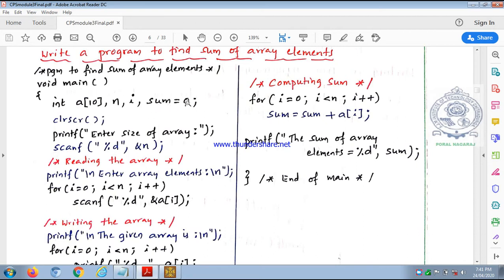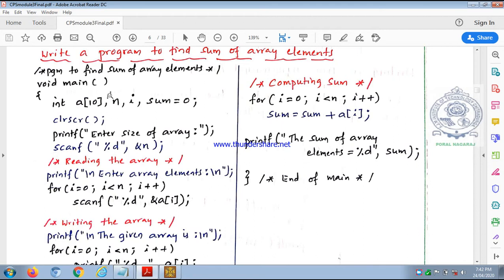This is compulsorily required. And I told you, to use an array, first we have to declare it. Here a[10]: the name of the array is a, containing 10 elements, which means 10 memory locations are reserved for array a. All elements are of data type integer. And among the 10 elements, how many are we going to read?